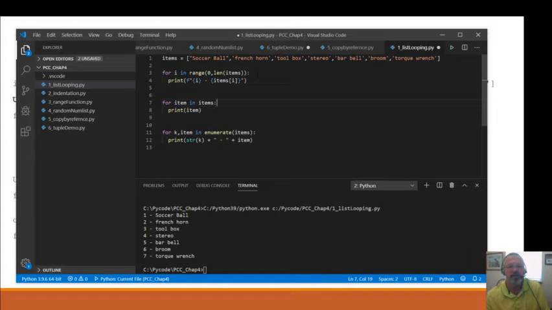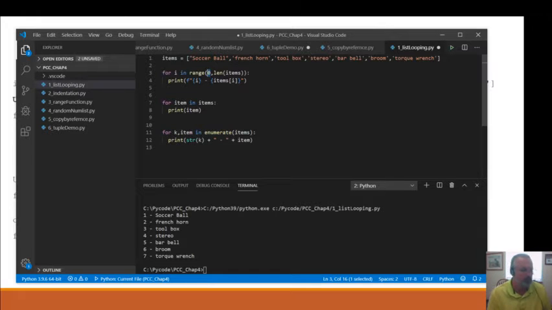Now, if we didn't want to print all of them, let's say we wanted to print the last 3, we could do length of items minus 3. This might be a case where you're writing a program and it's thousands of items, but you only want the last 50. So your range could be the length of items, you've got 1,000, but you only want the last 50.